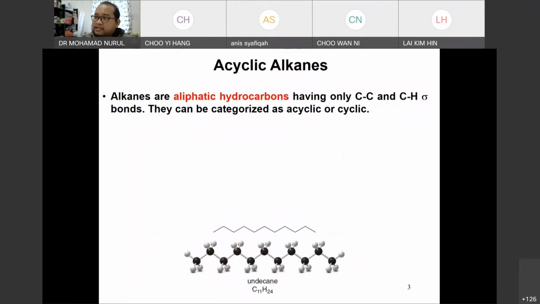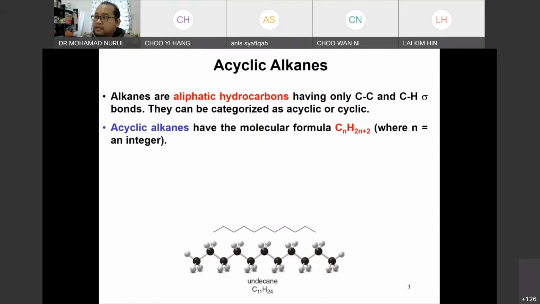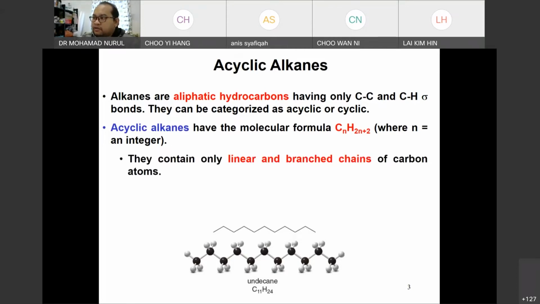So for the acyclic alkanes, which are non-cyclic alkanes, alkanes are aliphatic hydrocarbons, okay, having only C-C and C-H sigma bonds, that can be categorized as acyclic or cyclic compounds. And acyclic alkanes have the molecular formula CnH2n+2, where n can be any integer. So they can contain linear or branched chains, and we have to determine the name based on the length of the